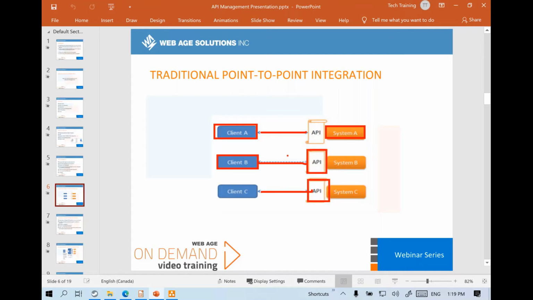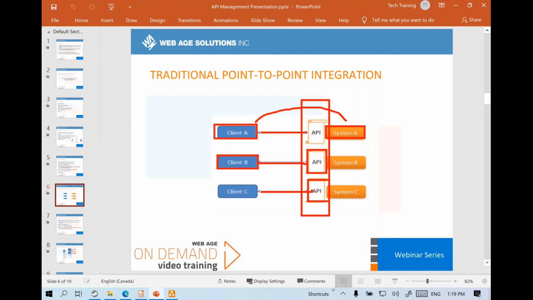You need to know the exact API location. Your underlying systems, like your database server or a mainframe-based system, are definitely not directly accessed, but the API is accessed directly by these client applications.